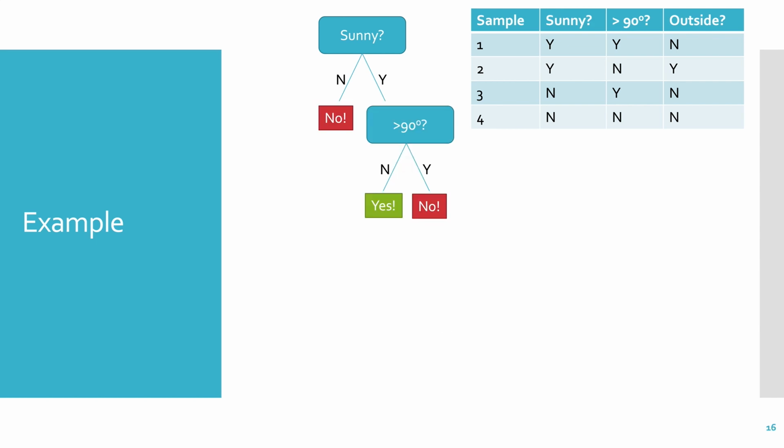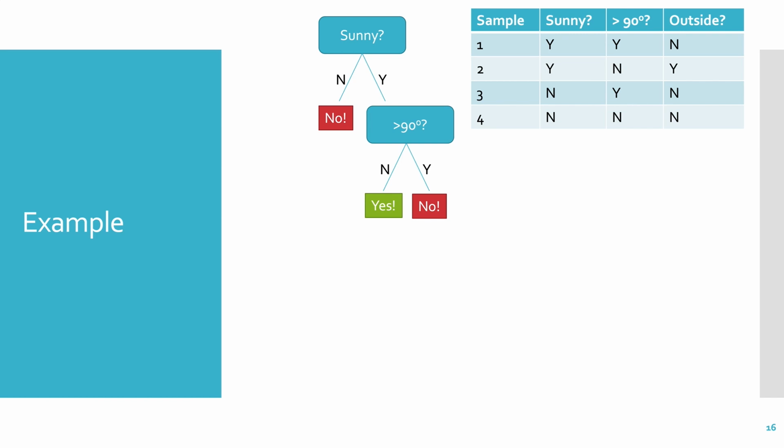This is what our final tree would look like. It simply has questions about the features, and then at the leaves, it's a decision, a no or a yes, because we're dealing with a binary problem. These are the leaves. What's the point? Well, the point is that we save this model, which is just a tree, and then we